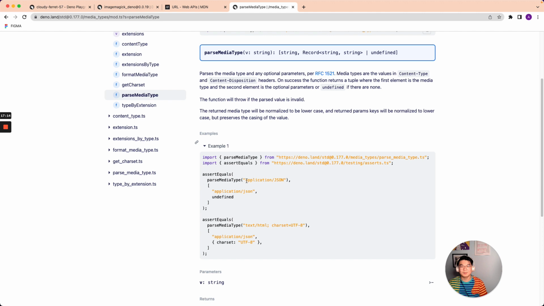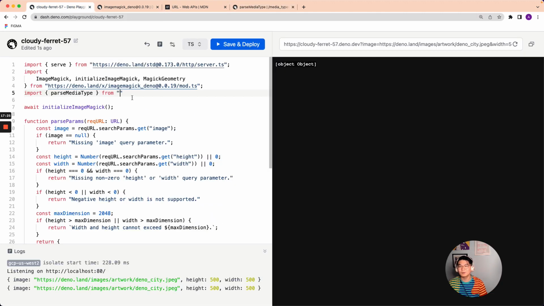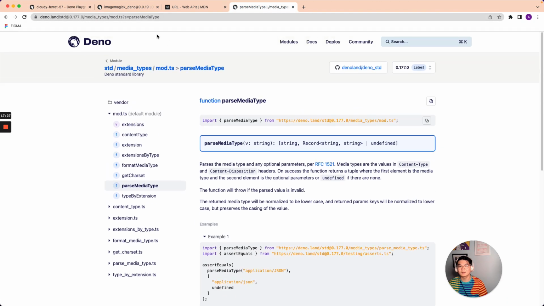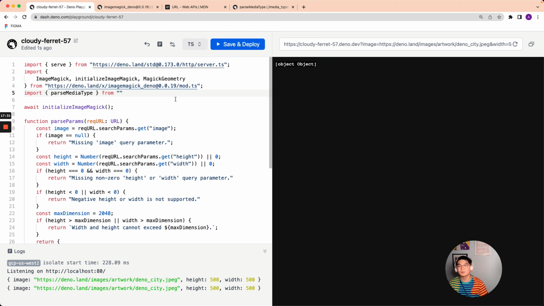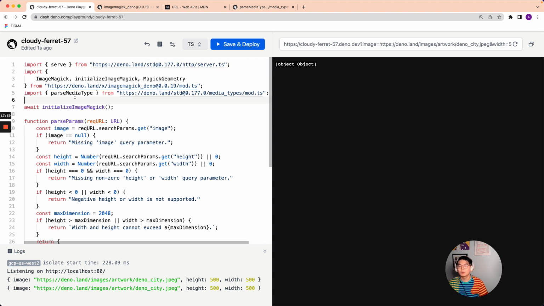Yeah, so it accepts application/JSON. It accepts encoding things, and however you're going to use it, we can just copy this guy and put it right here. Okay, we should make this consistent. So parseMediaType,